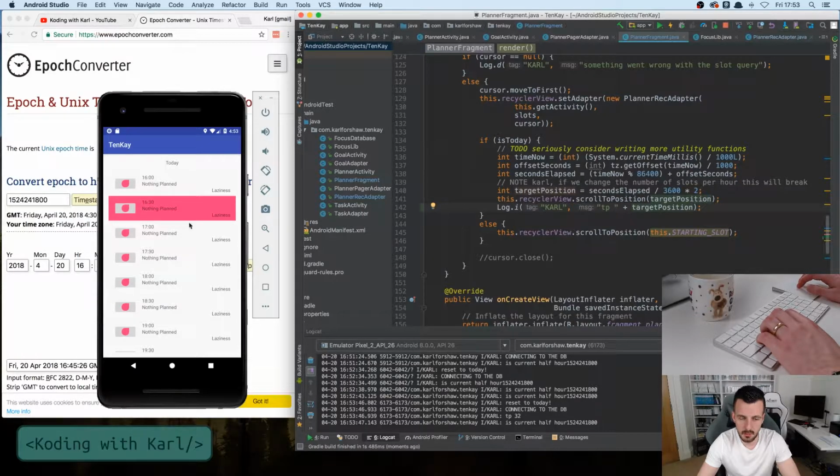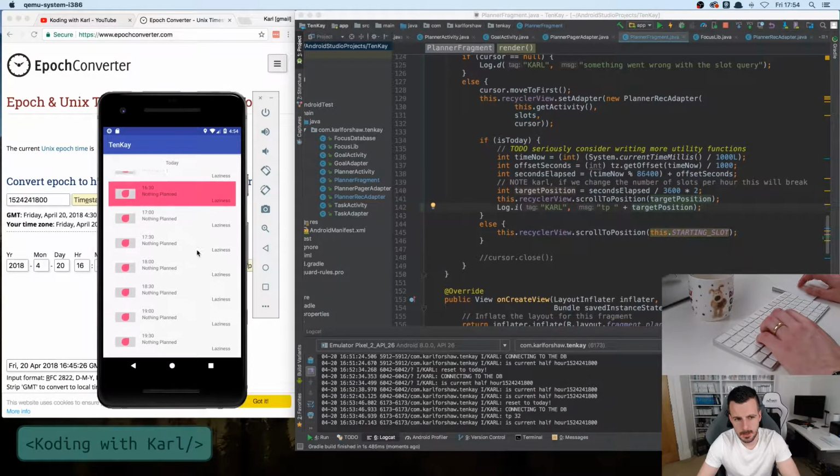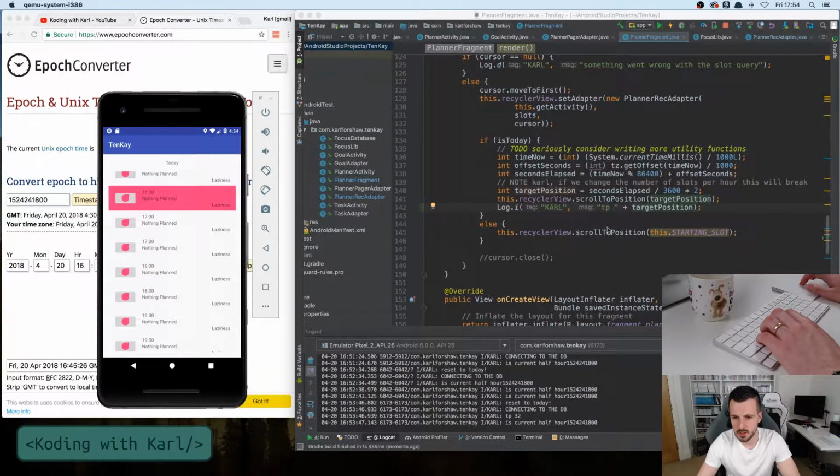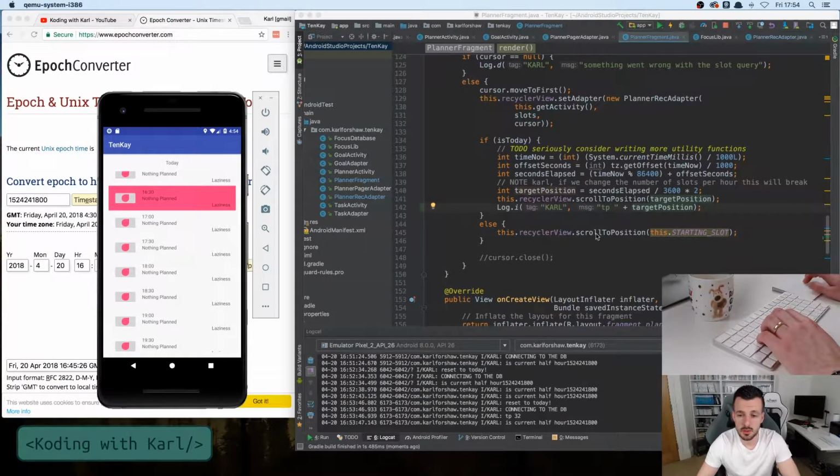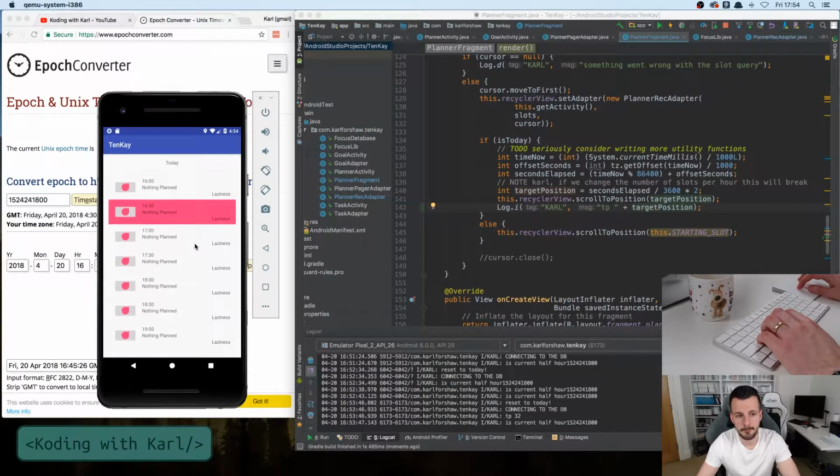So we're off by quite a bit there. Position 32 would be 1600, which is exactly what it's doing. So why are we getting